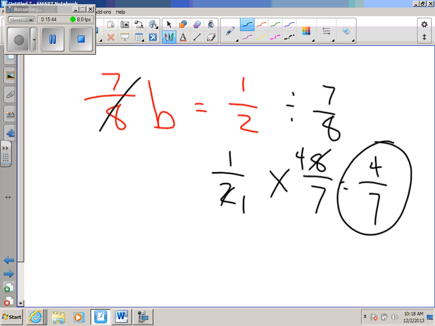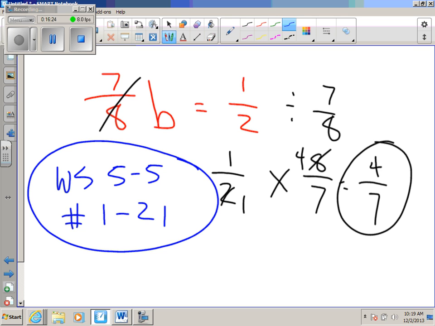Worksheet 5-5, take it out. We should have them all. 5-5, 1 through